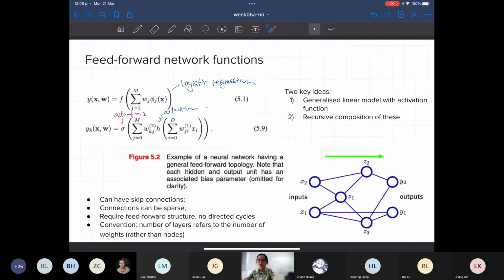And what equation 5.9 shows is depicted in this simple picture that appears a few times in the book. The inputs are x's. We denote an intermediate layer called z, where you can call it z_j, and x's are indexed with i. Throughout this lecture,